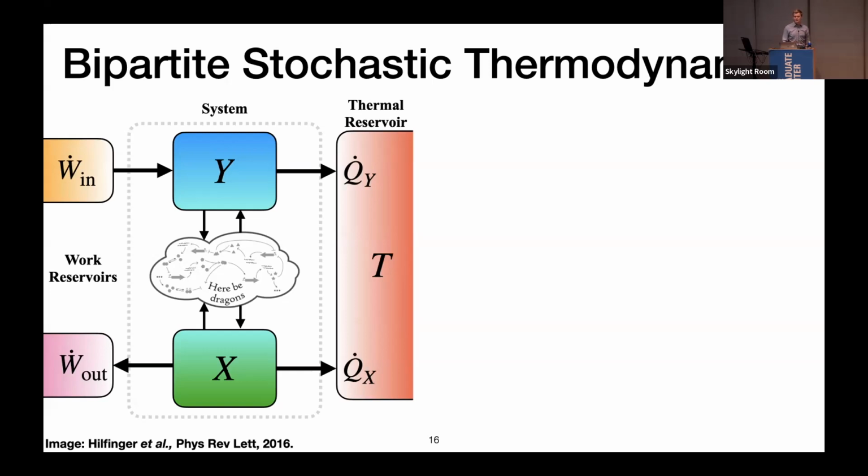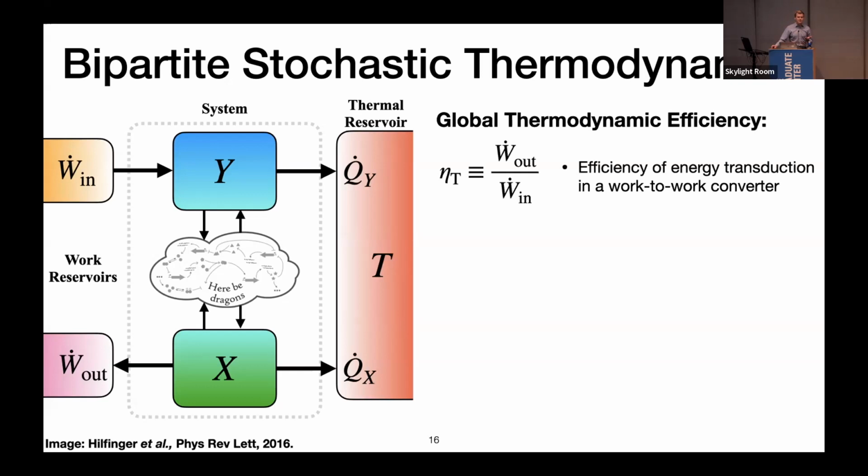The classic example is ATP synthase, which does exactly that. And so generally we would think of them as having some kind of efficiency where they output some work, input some work. The ratio of those is bounded above by 1 thanks to the second law, and so that is a well-defined efficiency. Skipping over a little of the details here, the theory of stochastic thermodynamics allows us to split